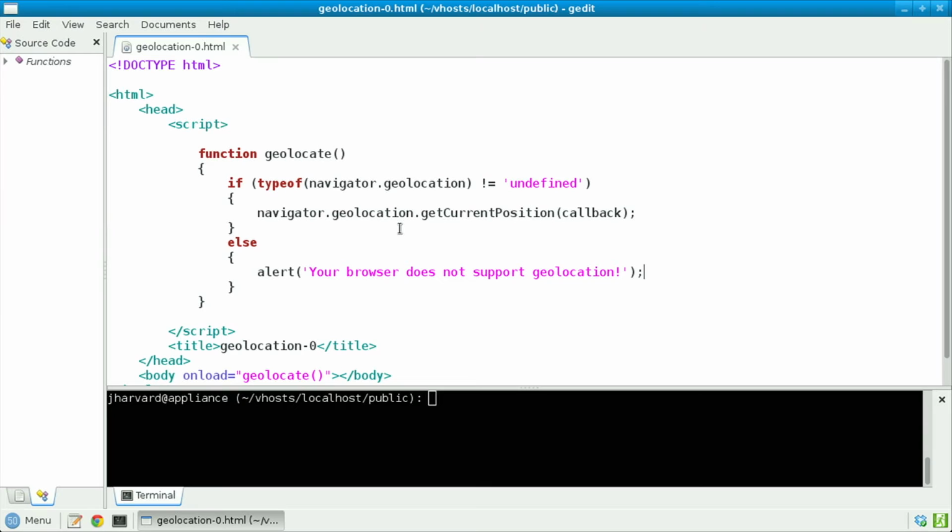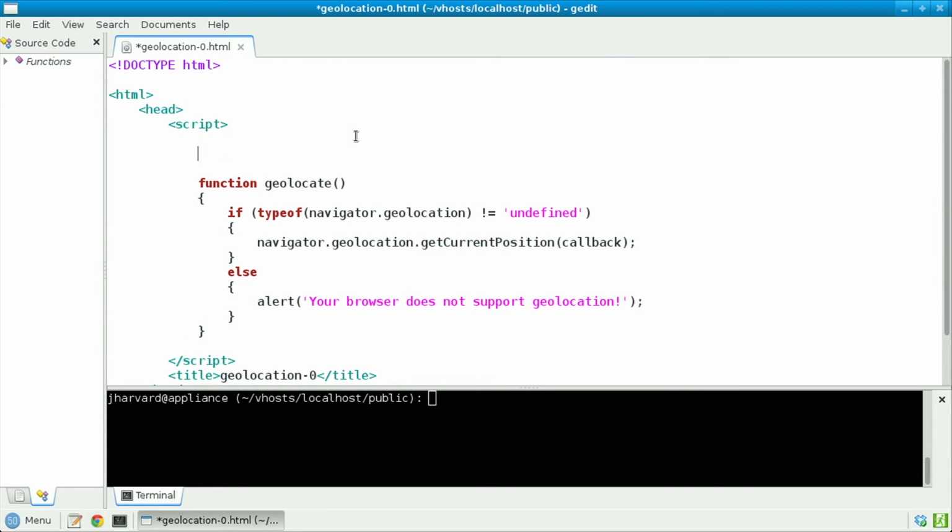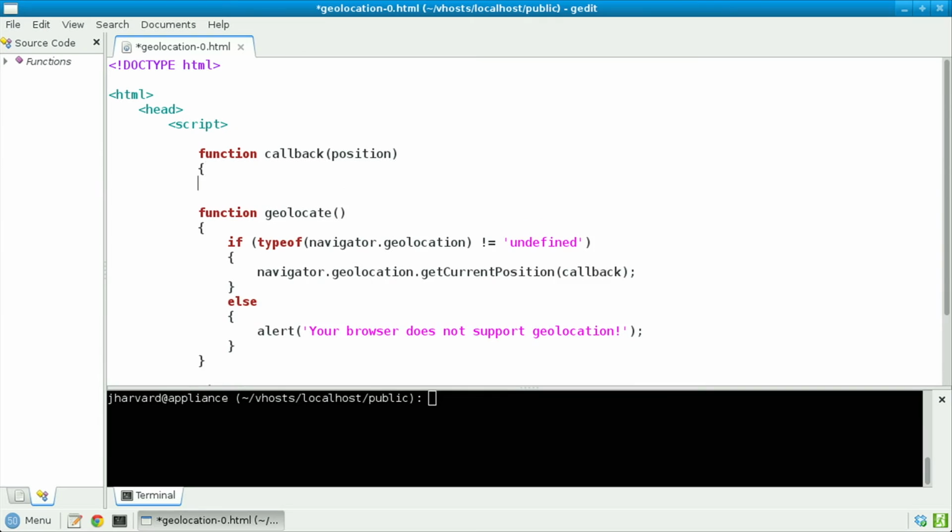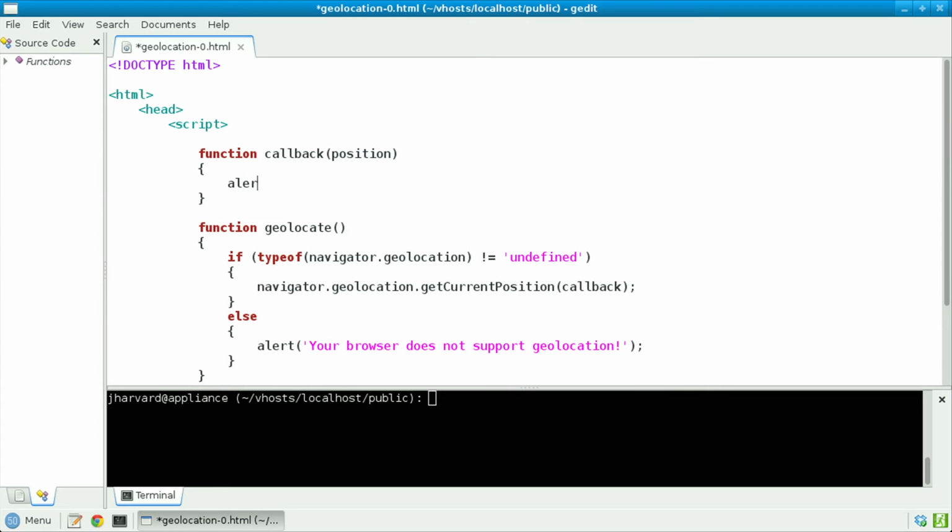Let's, though, now implement the callback function that's actually going to get called when the user has been located. Let's go ahead and declare that as well with function callback, and let's call the argument that I know it will be receiving, say, position. That is going to be, it turns out, an object that somehow represents the user's position in the world. Then inside of this function, let's output with alert